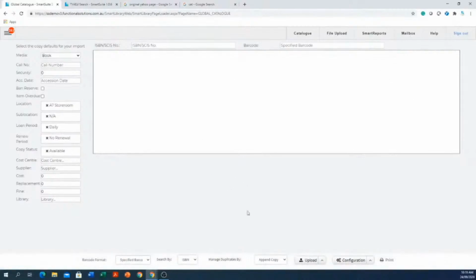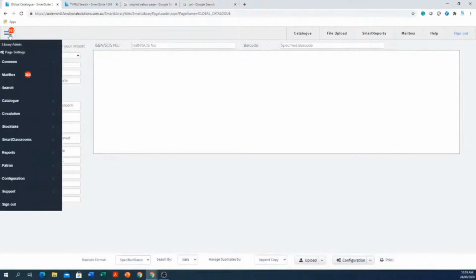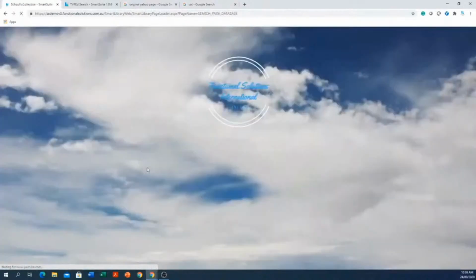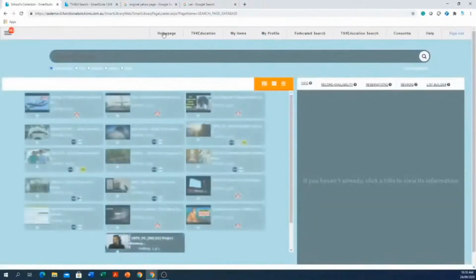Now whenever you set all these parameters, it's a good idea to click on the menu button, click on search, go to schools collection to bring up the default landing page if it's the OPAC page, or the home page, and that will set the entire system ready to go. Okay, so